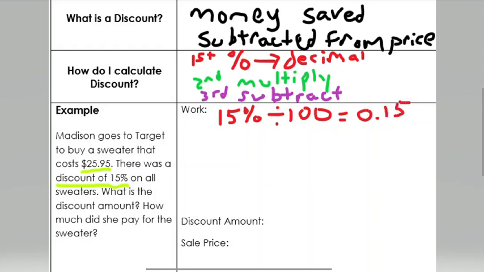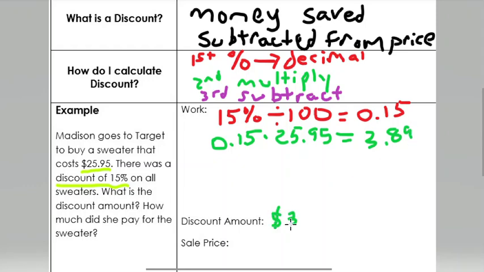All right, my next step, I'm going to multiply. So I'm going to take my 0.15 I just found, and I'm going to multiply it times my price. And my price was $25.95. All right? And when I multiply those two, 0.15 times 25.95, that gives me 3.89. So that is my discount amount. That's how much Madison is going to save on her sweater,